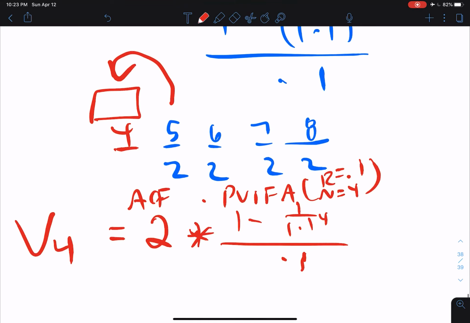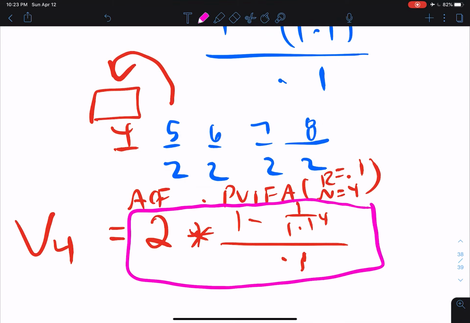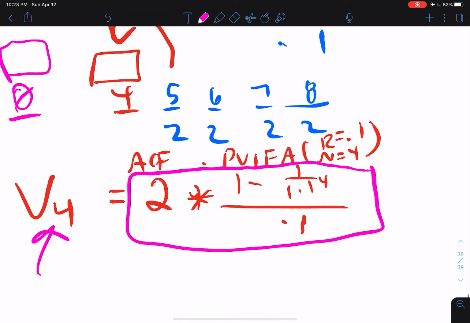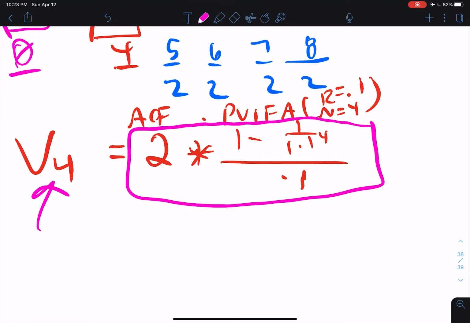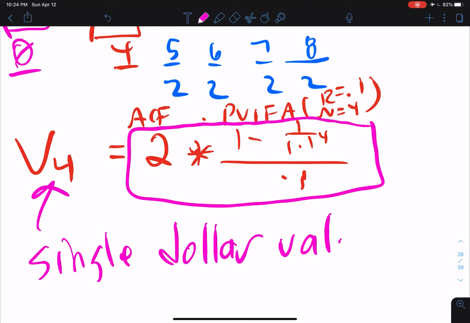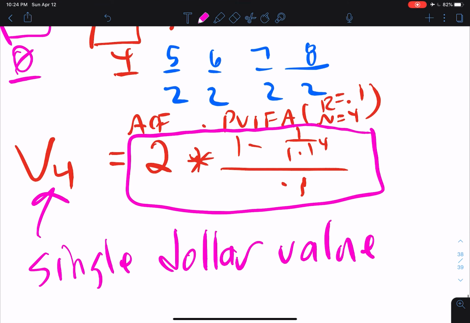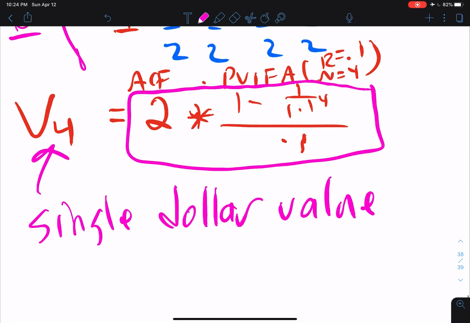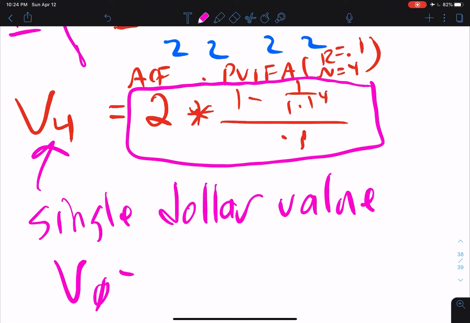So what we have to remember is, in this case, if you, for some reason, are asked to find the date 0 value, then you would have to do a second step. At this point right here, we have the annuity characterized as a single dollar value, just as of date 4. So in solving for the date 0 value, the value at date 0 would be the value at date 4, which is, again, this,